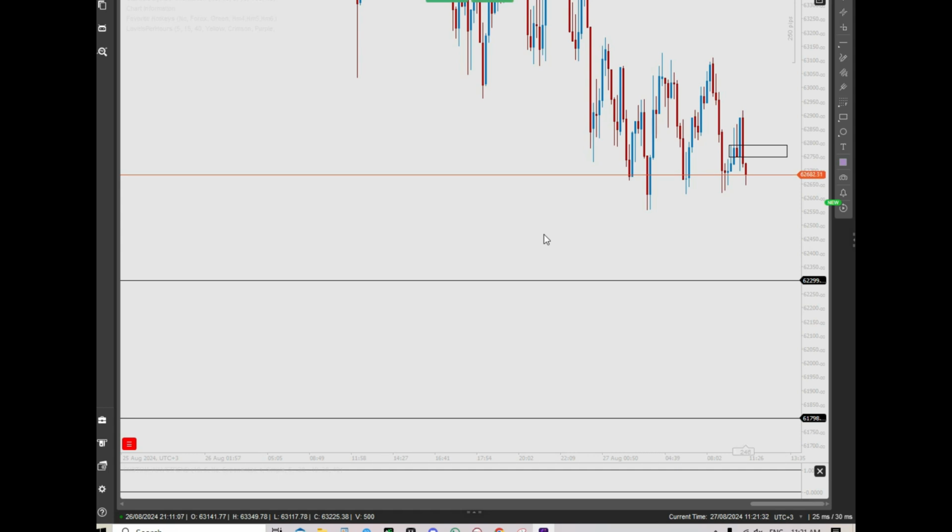Hi guys, so this is BTC USD, and it's currently on a downtrend on a higher time frame. So just looking at lower time frames for entry points, I've missed already this entry point. This would have been an entry point